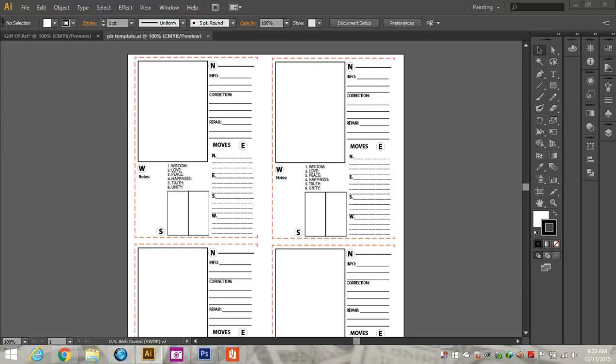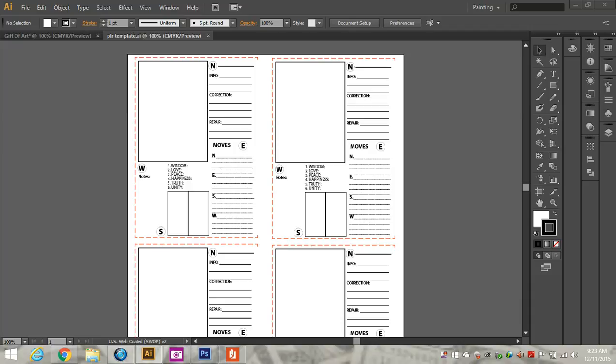Information about the character. Nothing too deep, but if it's found in grassy areas, if it flies, if it floats, things of that sort. You can also put information in here in the notes areas, things like does it like tacos. Then we've got the information of the character, and then we've got the correction of the character.